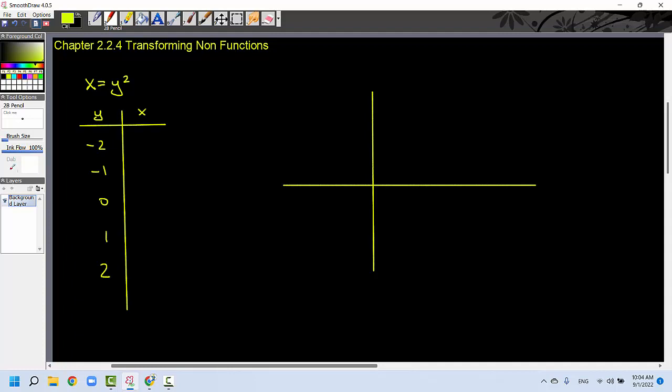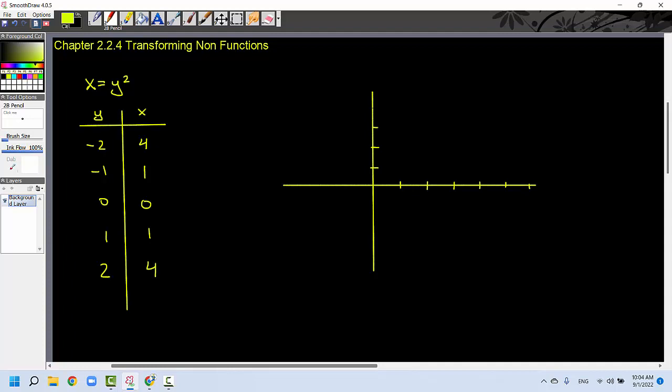And so if I plug in a -2, if I square it, I'm going to get 4, 1, 0, 1, 4. Now these output and input values should look somewhat familiar. It's almost like a parabola. And so if I was to graph this thing as if it was a parabola,